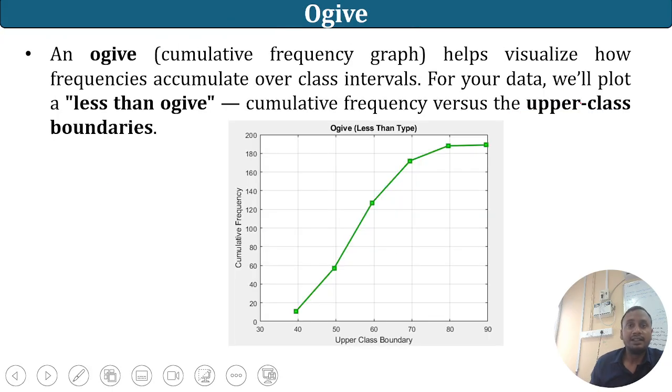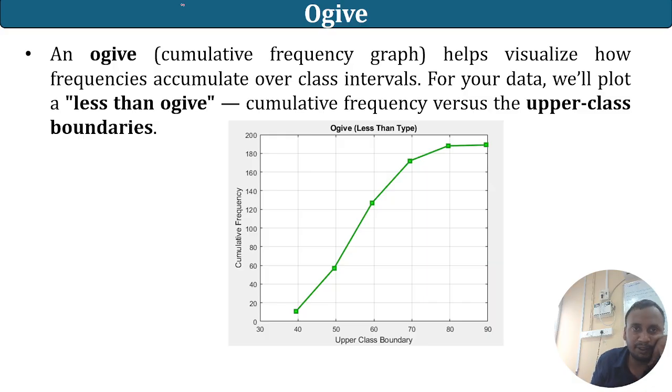Okay. Then we have an OGIF. OGIF is a cumulative frequency graph. Does anyone have an idea what we mean by cumulative frequency? Okay, cumulative frequency I will explain. It's something where we take the summation of the previous frequencies. Let's say for an age group,